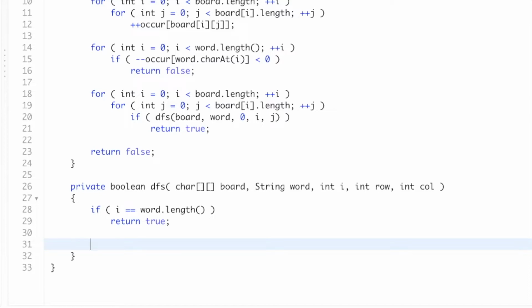And we also need to make sure that we're still in bounds when we're DFSing. So we need to check the row and column here. So we're going to check if the row or column is out of bounds. So if row is less than 0 or the column is less than 0, or if the row is greater or equal to board.length, or the column is greater or equal to board.length,